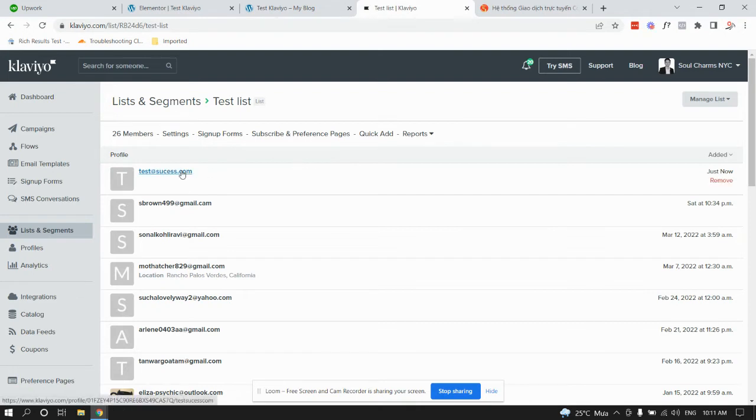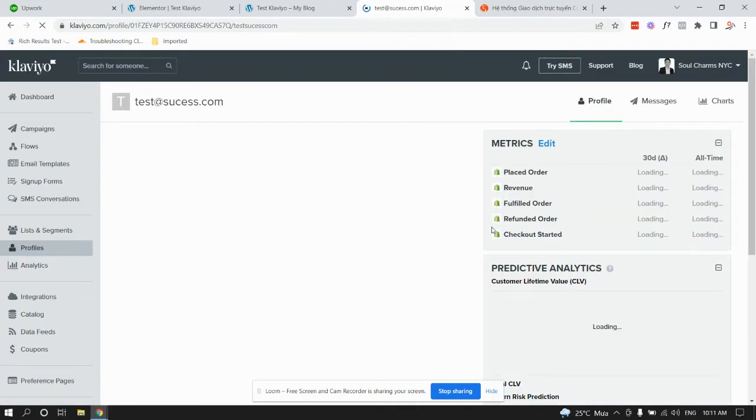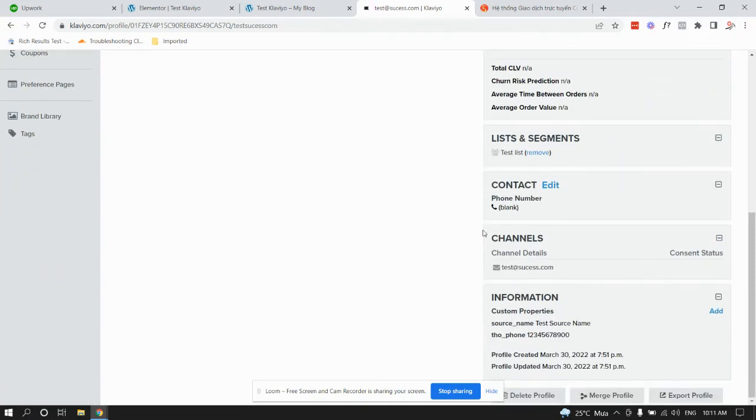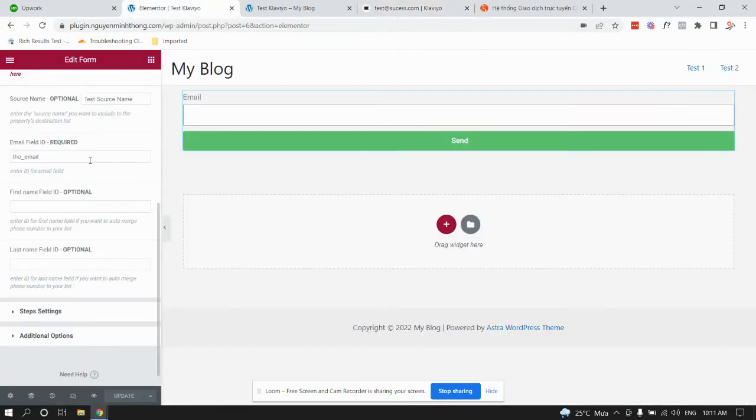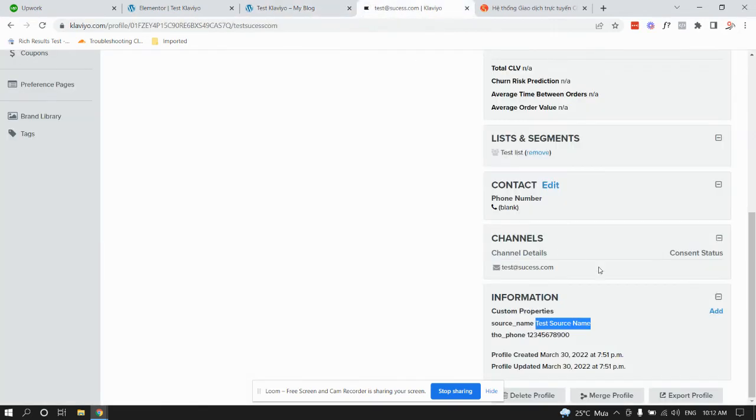And if I click on this, we will see in the contact info, in the custom properties information, we have the short name and the value is test short name. See, exactly the same as what I entered here. So that means this custom property was successfully sent into the Klaviyo list, and